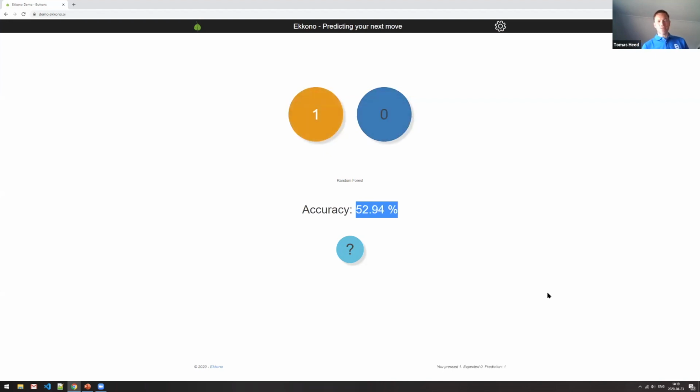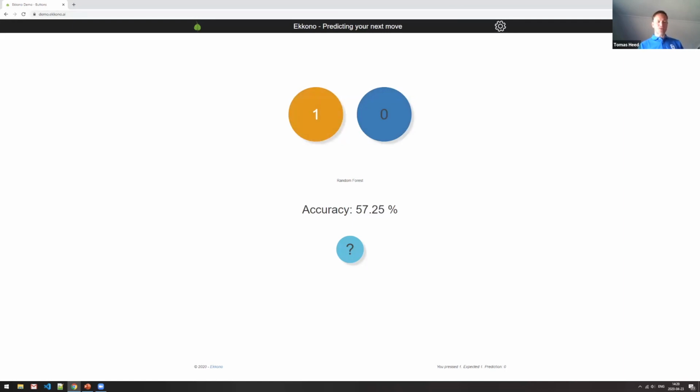So now I clicked 100 times, and I know that because here in the lower corner, I get some kind of feedback, the correct answer. And it says here, I pressed 1, and I expected you to press 0. And in the next click, I expect you to press a 1. And you can see here, if I press 1, then the accuracy will go up. And if I press the other button, 0, with the prediction being 1, then the accuracy will go down. So you can see here that we are not hitting. And as I continue, it hopefully gets better and better